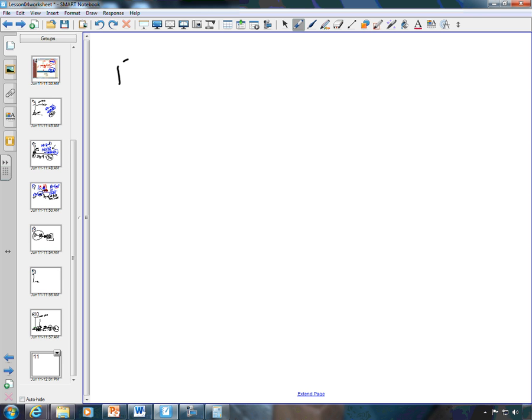All right, 13, home stretch. A lever is used to lift a heavy load. When a 50-Newton force pushes one end of the lever down 1.2 meters, the load rises by 0.2 meters. Let me draw this. Imagine a little seesaw. There's our fulcrum. There is a load here, a heavy load. I push down with some force,